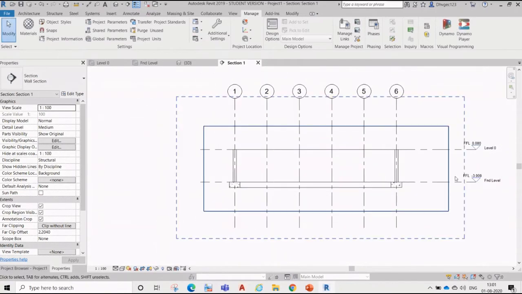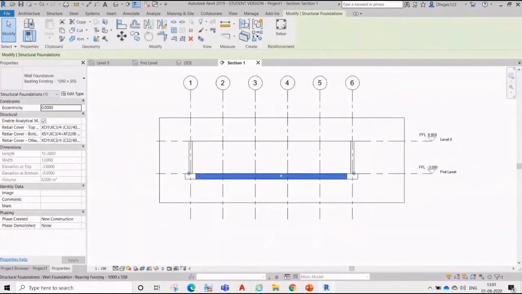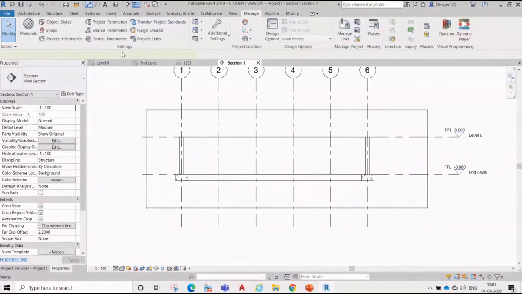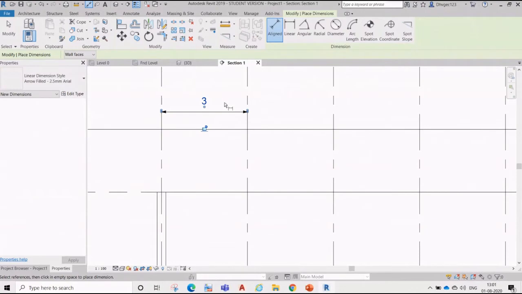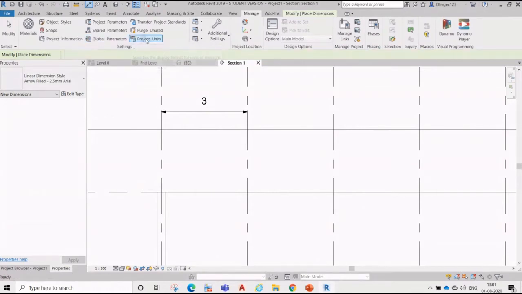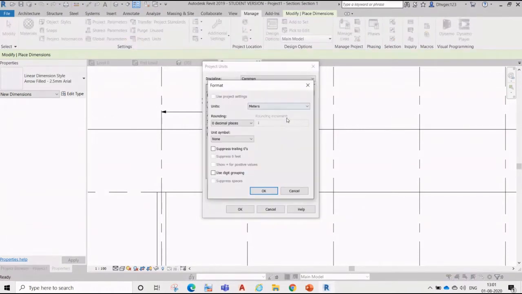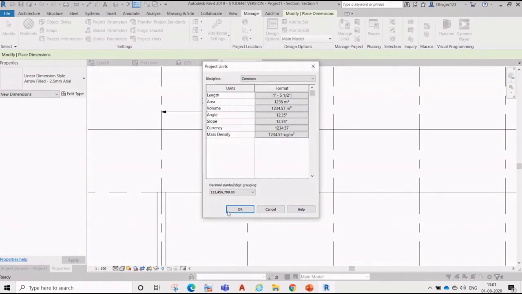So all the lengths you will see now are in meters. It's very easy to work with multiple unit systems. Now I'll change it back to mm, and then to centimeter, or feet and fractional inches. So apply.